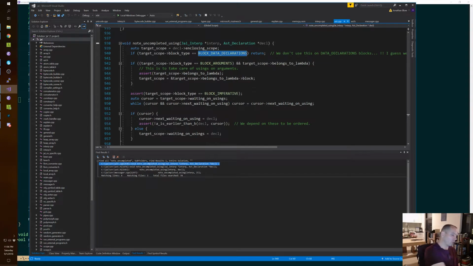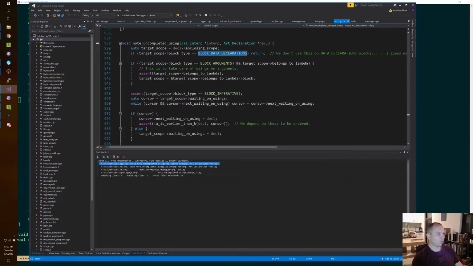So first of all, we have to say note uncompleted using on data scopes generally, and remove dependencies, right? And use the uncompleted using system. Then we have to verify that everything compiles with just this change.